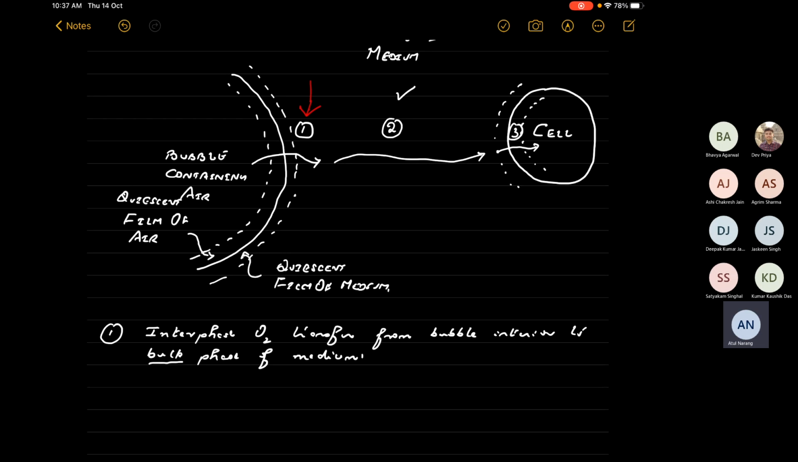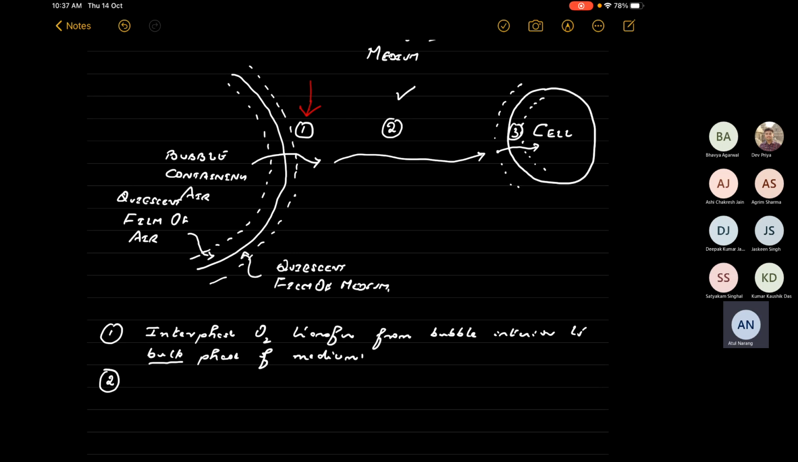So the medium near the bubble will be referred to as the film or the boundary phase, and the bulk will refer to the main part. Now you need to move, as I pointed out. One refers to movement of oxygen from the bulk of the bubble or the bubble interior to the bulk of the medium, and the second one